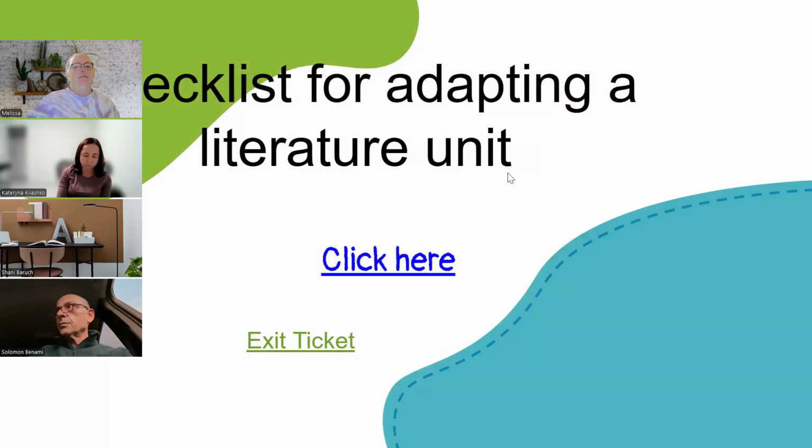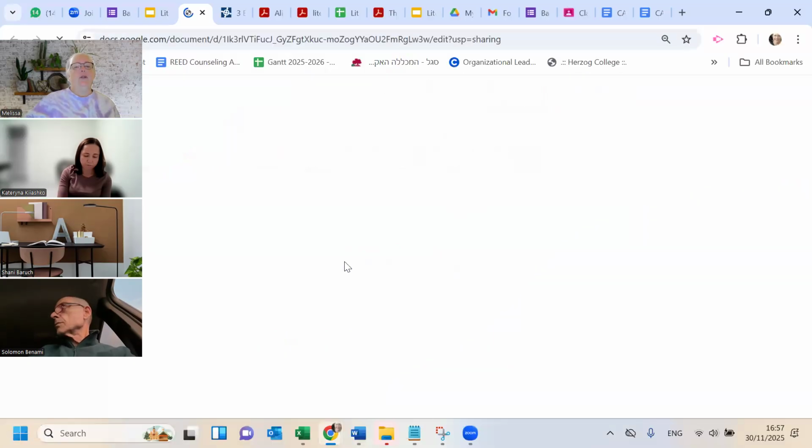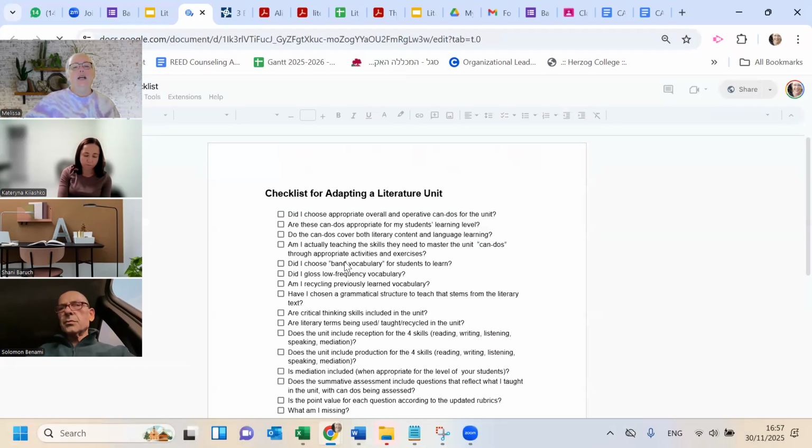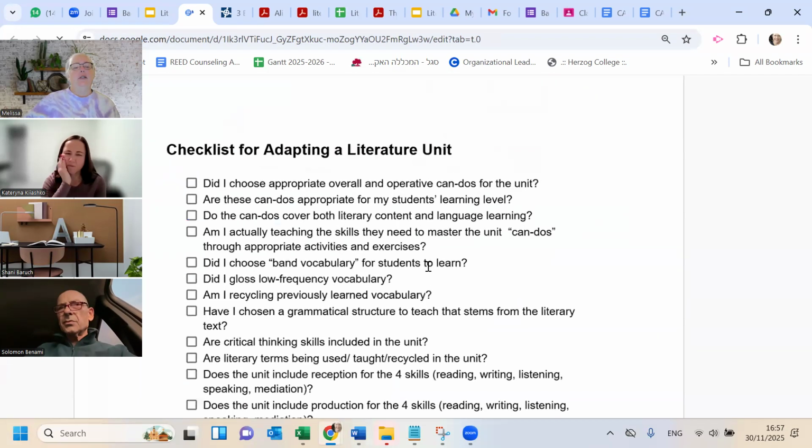I just included this. I should probably just put it straight in the Google Classroom. This is a checklist for adapting your literature unit. It's just a little extra for you. A lot of you are taking this course and at the same time looking at your literature units in school and wanting to adapt them. So instead of saving this for the end of the course, I wanted to give it to you now. You can bring it into your school and print it out, as you're starting to adapt your units, which you really should be by now.